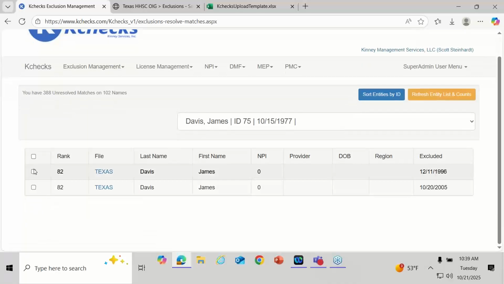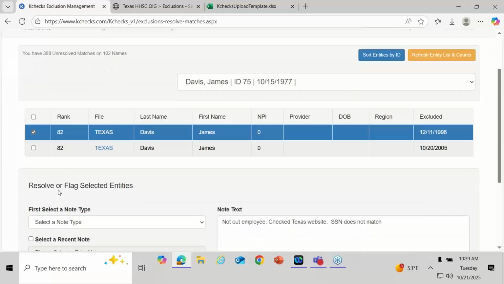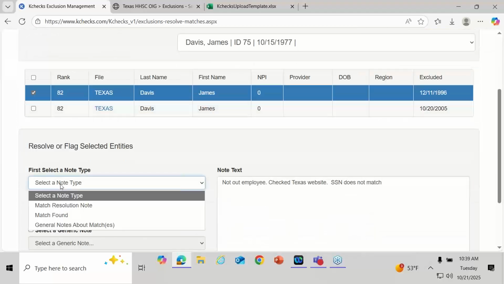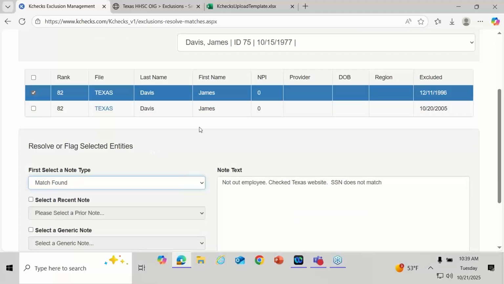Let me show you one more thing. This is important, a feature that I really like. So, what do you do if you have a record that you think is a match, or it shows up as a match? The date of birth, the information you do your monthly resolves, and you're like, oh my God, this person's a match. Well, in all likelihood, it's not going to be you that terminates the individual or investigates the individual and then makes a decision on whether or not to terminate them. But you find a match, and you're going to kick that up to the powers that be, whether it be compliance or